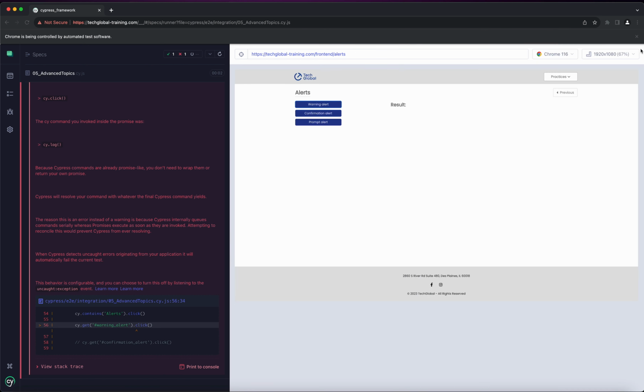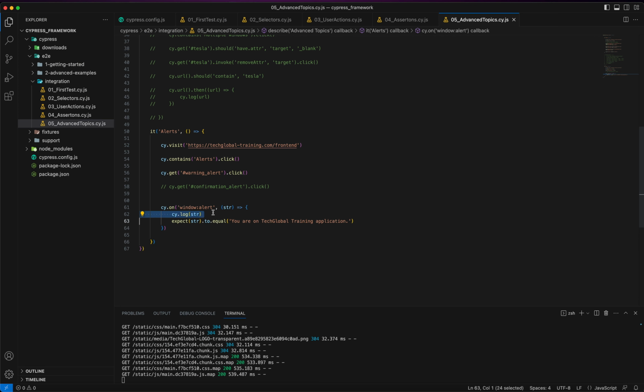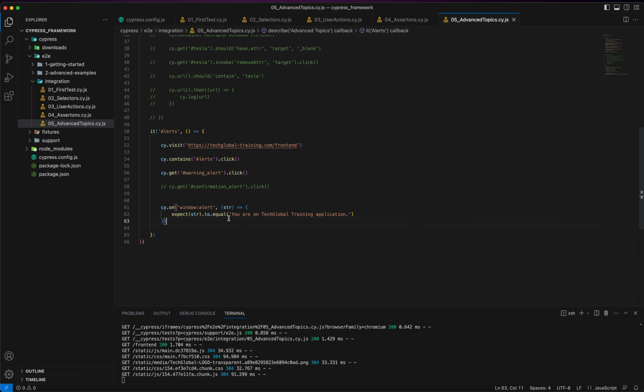Okay, so this is how we handle the window alert, and let's see how we can handle the confirmation alert,